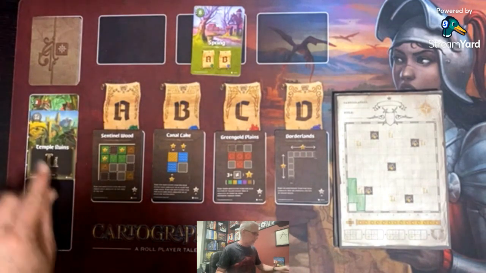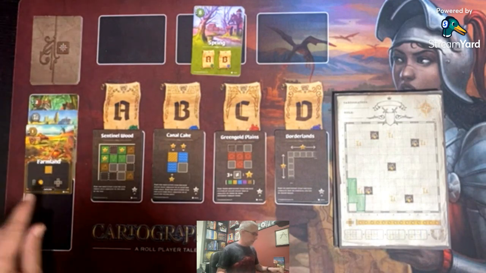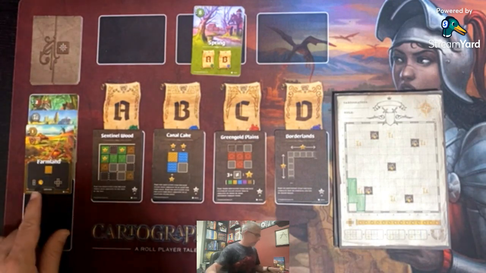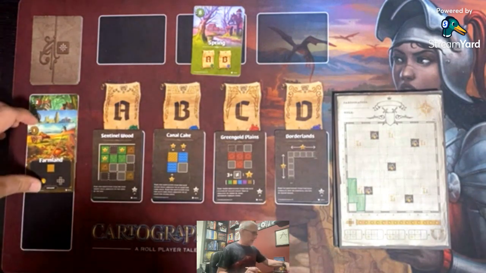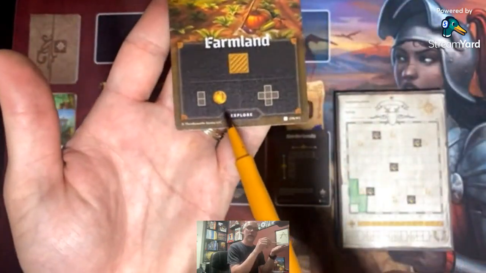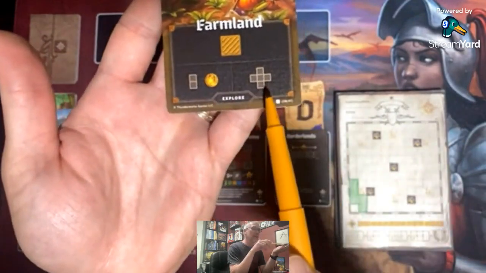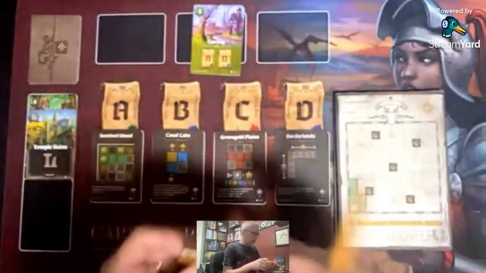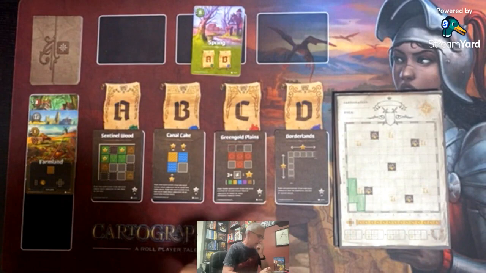Oh, Temple Ruins. So this is the ruins that I was telling you about. So I'm going to have to draw on a ruin. Okay, not bad. Farmland. So if I draw this shape right here, I will get an extra coin, which will end up being 4 points for me throughout the game. If I draw this shape, I won't get an extra coin. It will give me more spaces I can possibly put